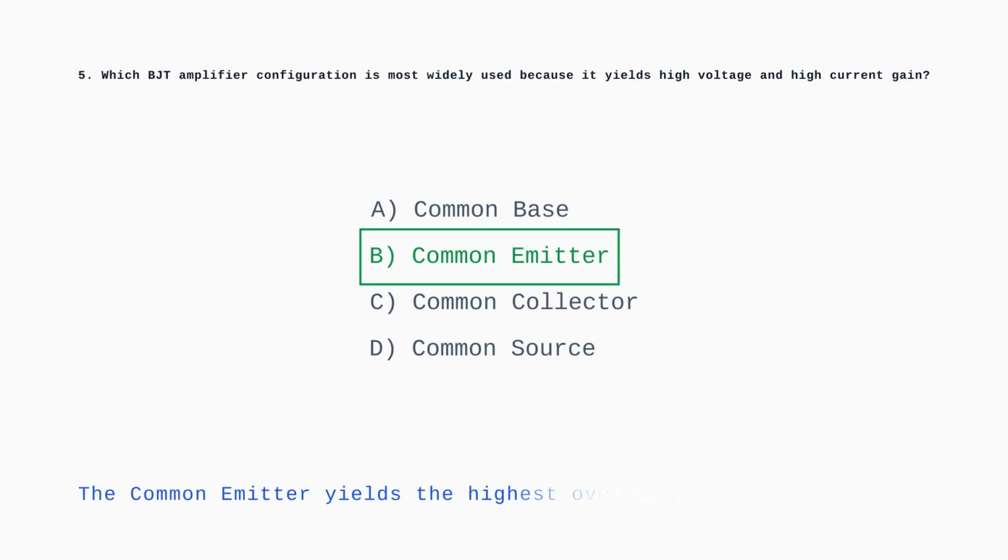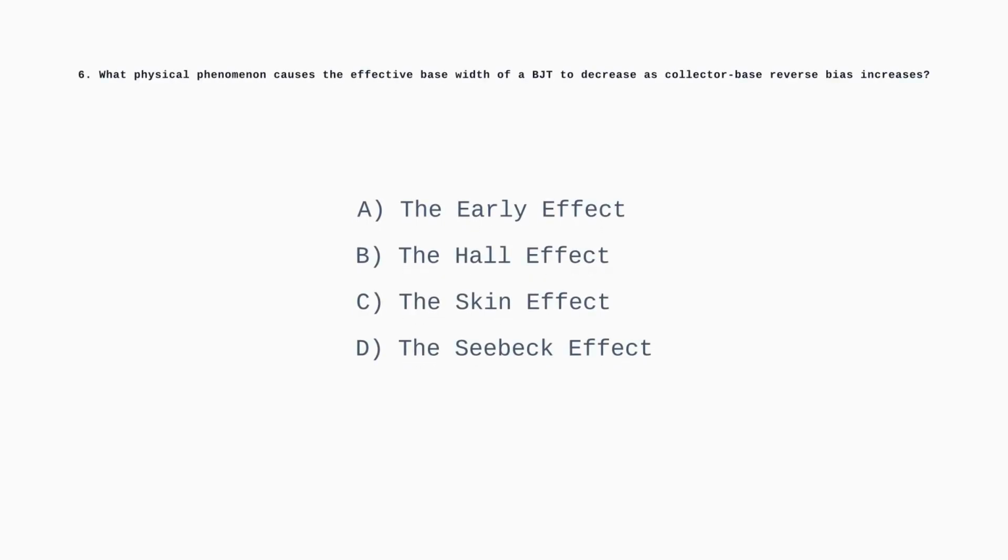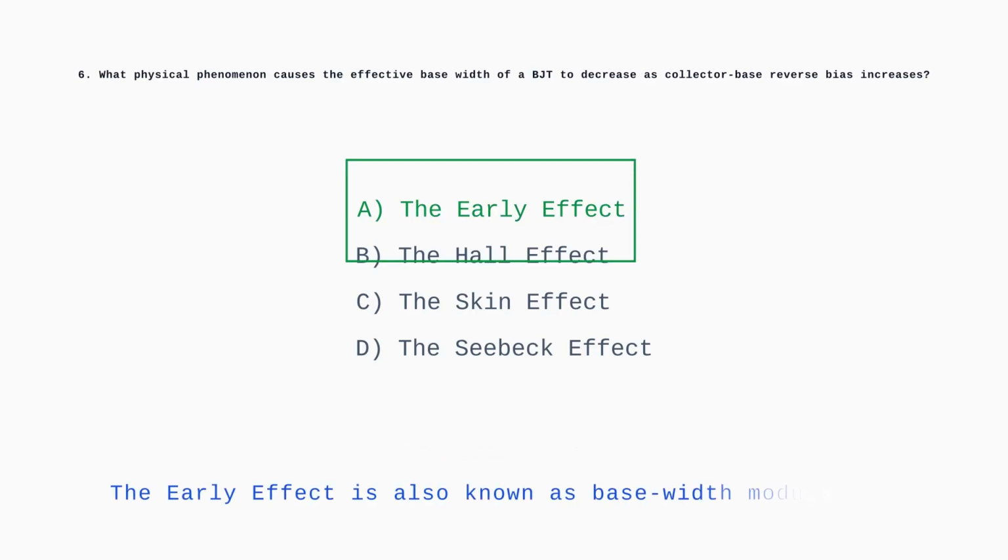The common emitter amplifier is the most ubiquitous configuration because it provides both voltage and current amplification, yielding massive power gain. Question 6. What physical phenomenon causes the effective base width of a BJT to decrease as collector-base reverse bias increases? Named after Harold Early, the Early effect describes how a wider collector-base depletion region narrows the effective conducting base